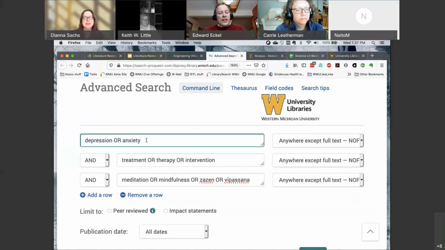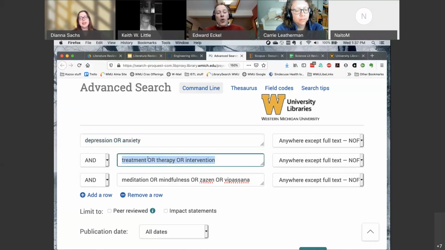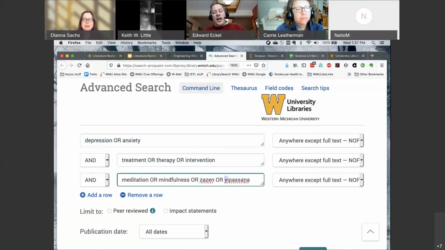Depression or anxiety, I'm kind of calling those synonyms for now. They're not exactly synonyms, but for now I'm saying I want one or the other. In the second box, treatment or therapy or intervention. And then in the third box, meditation or mindfulness or zazen or vipassana. Zazen and Vipassana are different meditation types.